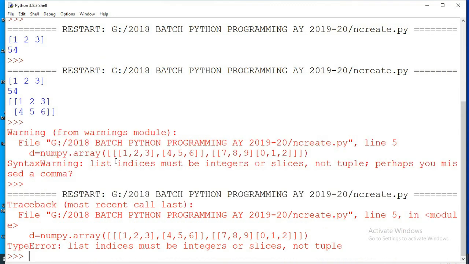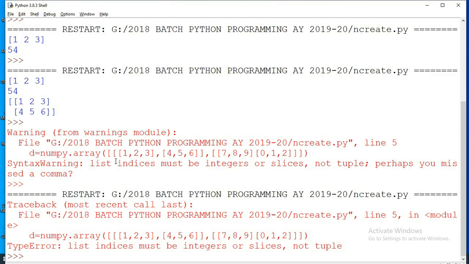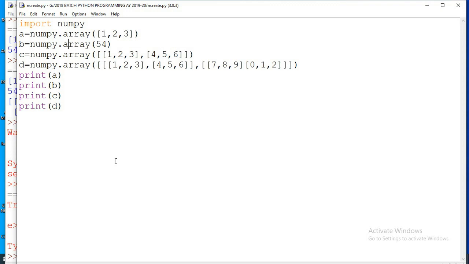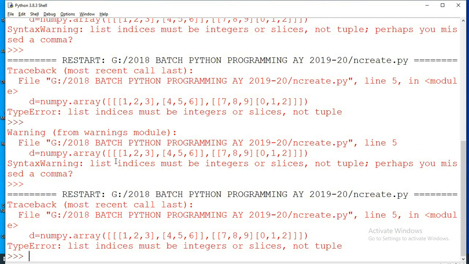Sorry, there is some sort of error. See, list indices must be integers or slices, not tuple.